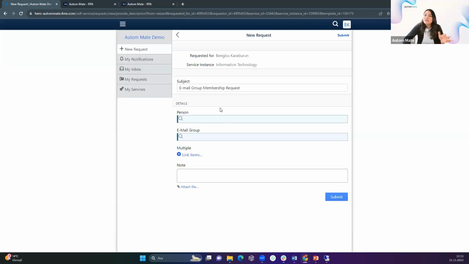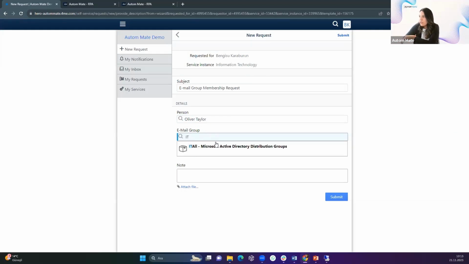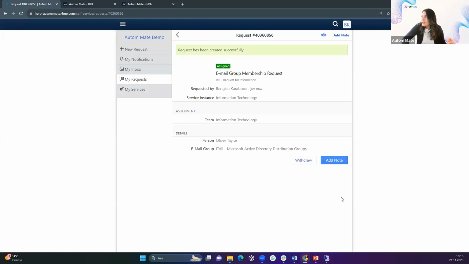And this page asks me which user I can add to which group, which email group. I choose Oliver, and I want to add Oliver to the IT all email group. And again, I can add some notes or attachments. After I submit this,